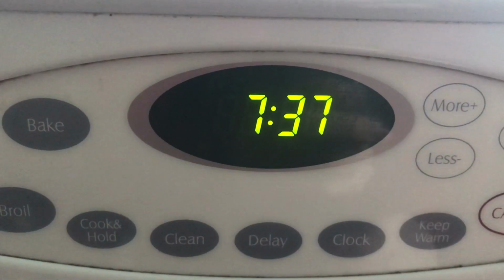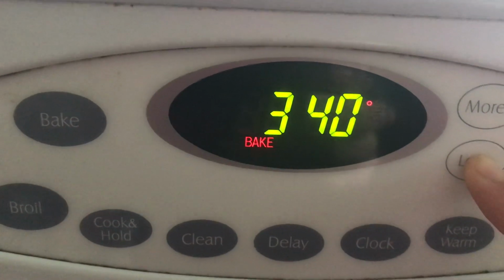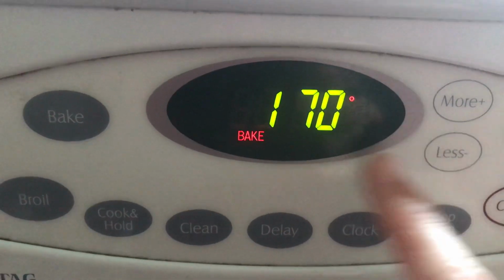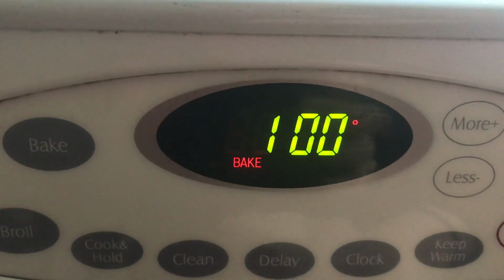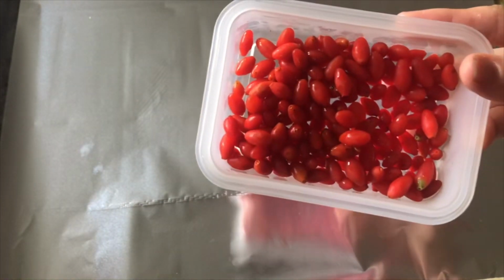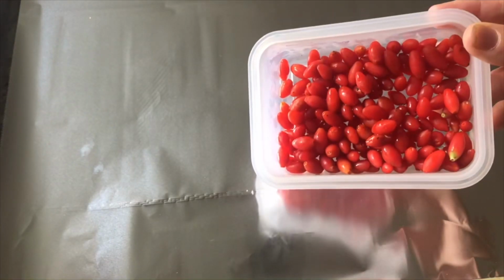First things first, I'm going to preheat my oven to 170 degrees Fahrenheit. The idea is we want to dry the berries out low and slow. While the oven's preheating, I'm going to take my washed goji berries, and I picked these the other day. It's about autumn here and they're nice and ripe, so got these from my garden. And they're already washed and they've been drying in the fridge overnight,